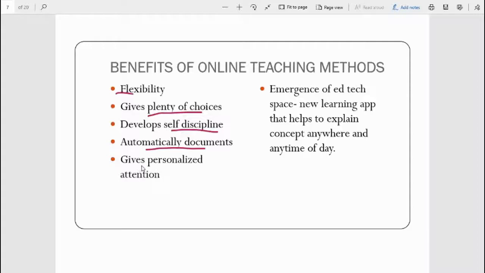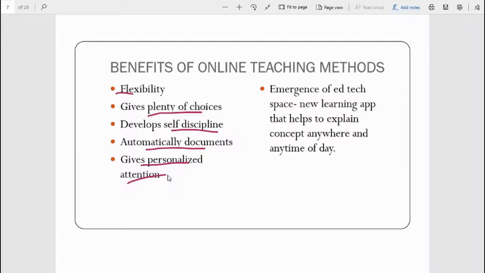It gives personalized attention. When a learner is there, and if that learner is lacking in any concepts, or in any subjects, then the teacher can redesign the teaching process for that particular student, so that the student learns it well and understands the concept well.